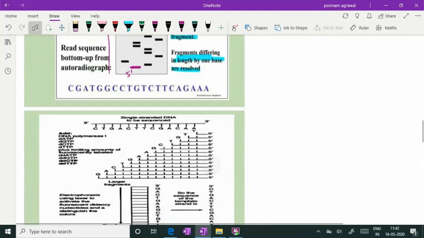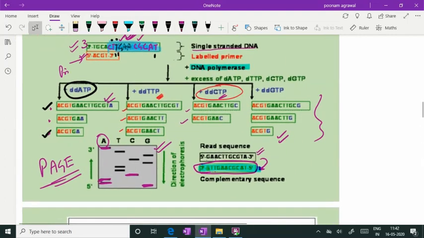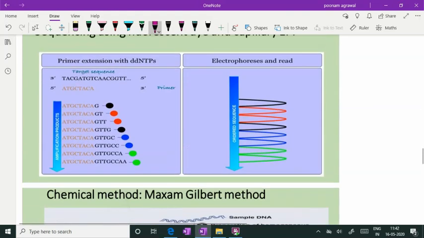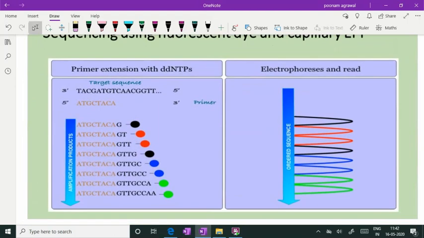So Sanger used a primer which was radiolabeled, and autoradiography shows you the bands over here. But because of radioactivity hazards, nowadays scientists are doing the same technique with fluorescently labeled nucleotides, right? So the fluorescence on the capillary electrophoresis is being read for the signal, and that is being analyzed.